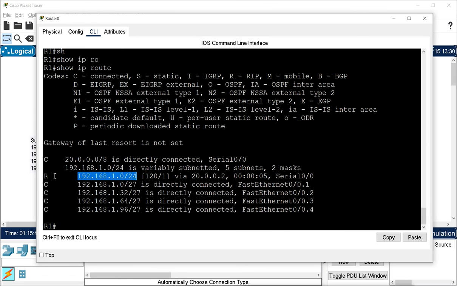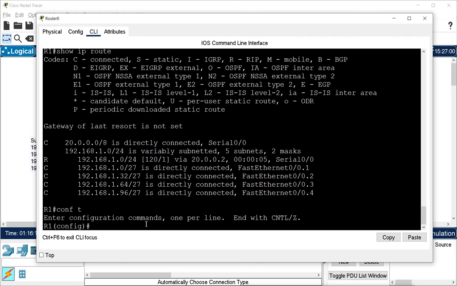But in the routing table, what we are seeing here is the summarized address. It is actually a summary address we are seeing here. It is because of the auto summary. The same auto summary is enabled on EIGRP also. Now we will do the EIGRP. We will configure the EIGRP on both the routers and see what it shows.